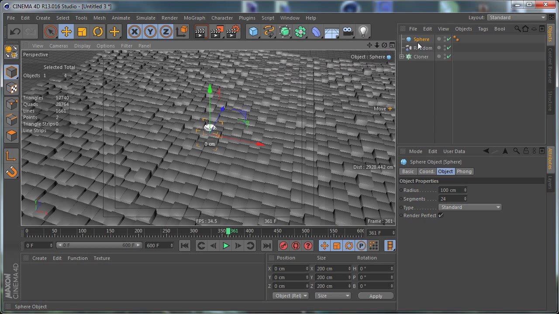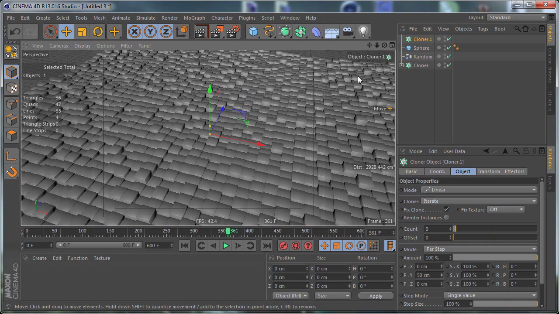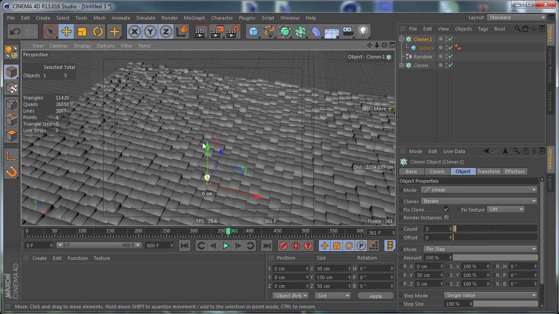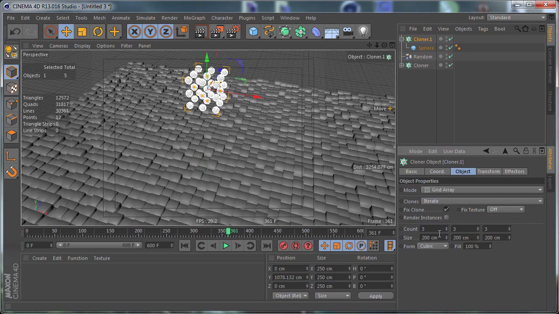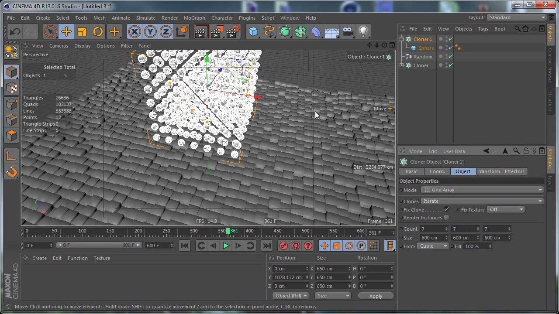Now let's create a sphere, and let's reduce the size of the sphere to like 25, and let's create another cloner here and put the sphere inside the cloner, and take the cloner and move it upwards, and change the mode for the cloner to grid array again, and increase the number of clones, something like that, and again change the spacing between the clones. As you can see, we have